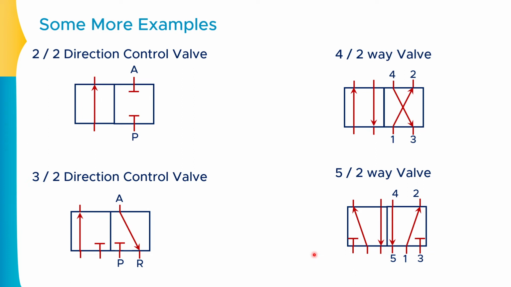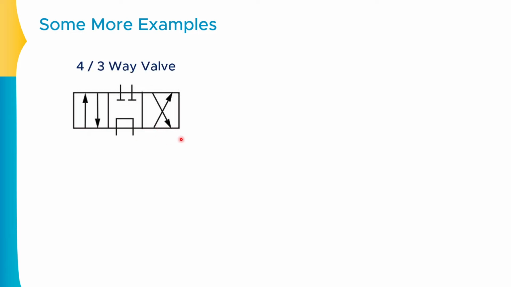Let us quickly check out some more examples. Very first example is this one. As you can observe over here, you can take any one square. Let me say this is one square available over here. So there is one port point available over here. This is the second point, third point and the fourth point. So there are total 4 ports available. And as you can observe, there are total 3 squares available: first square, second square and the third square. So you can say that this specific valve is the 4/3 way valve. 4 ports, 3 position.